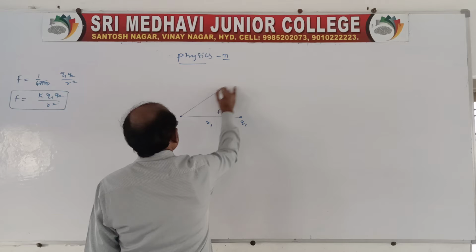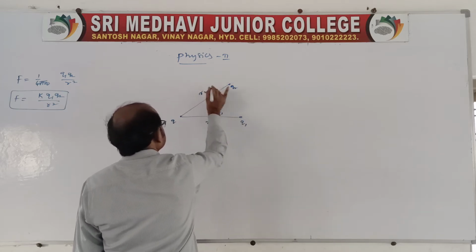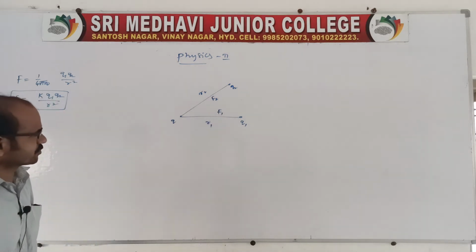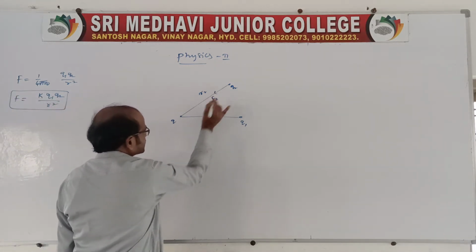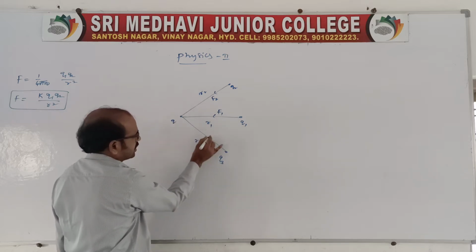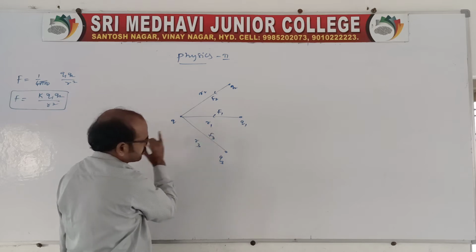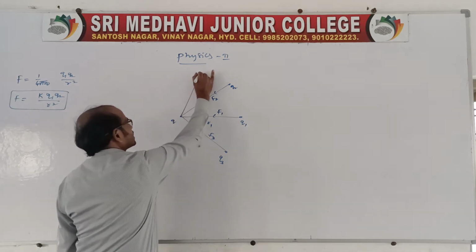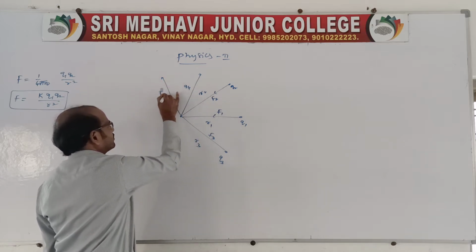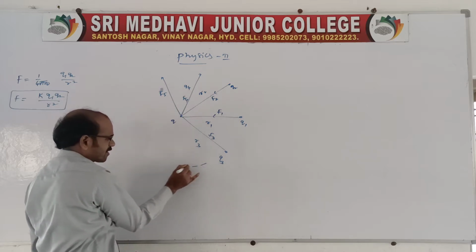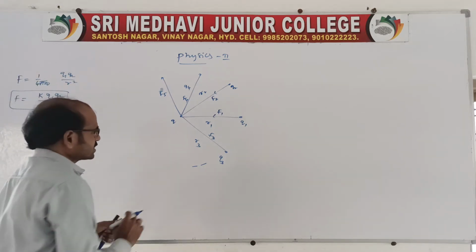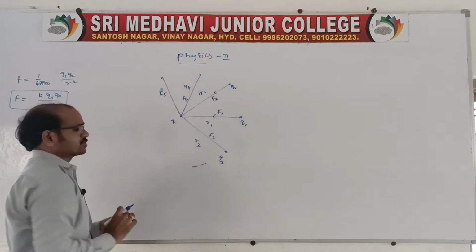And let us take another charge, that is charge q2. The distance is r2, and the force acting between the two charges is F2. Either it is a force of attraction or a repulsion. And you take another charge q3, which is placed at a distance r3, and the force is F3. Like here, n number of charges are placed. It is q4 and so on, with forces F4, F5 and so on. There are n number of charges simultaneously present, and forces are acting. That is what we can say is force due to multiple charges.